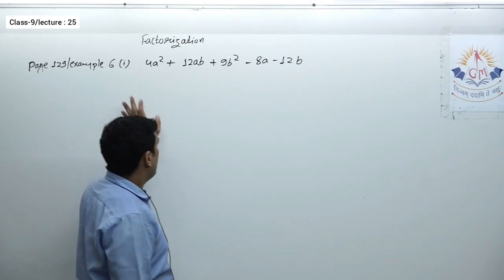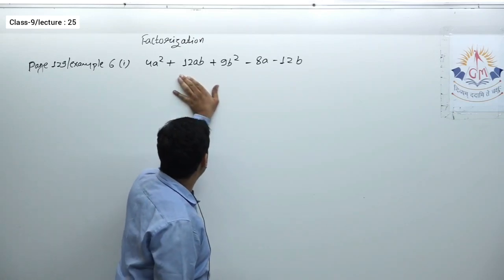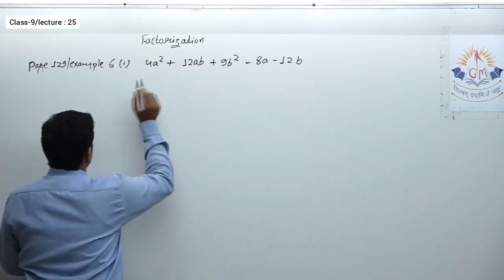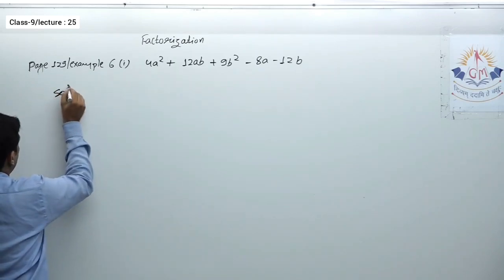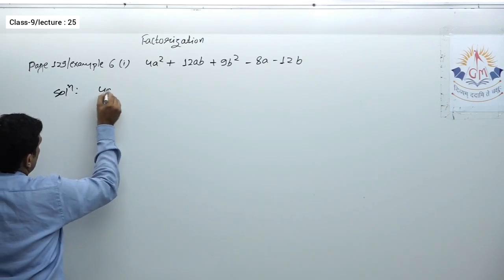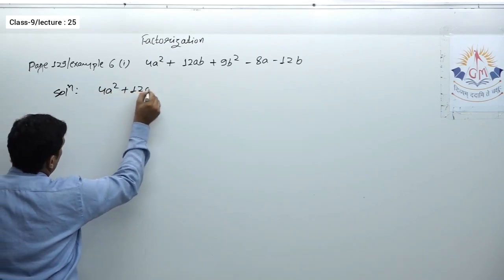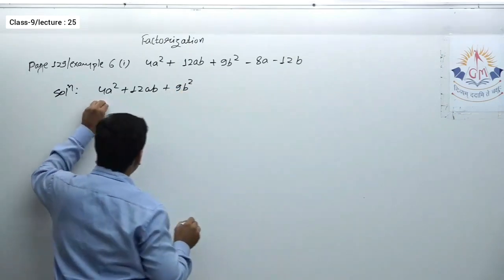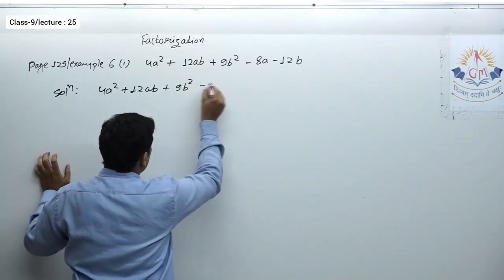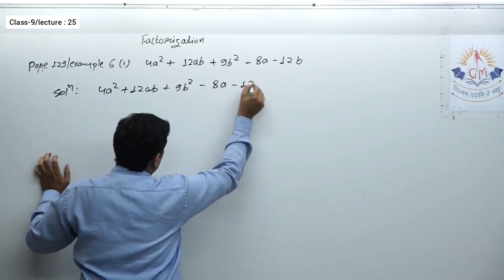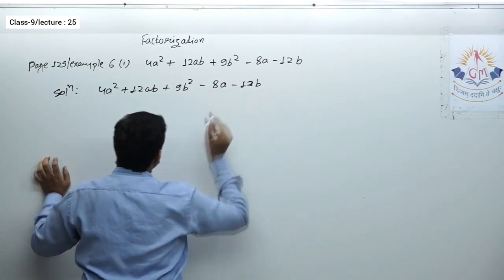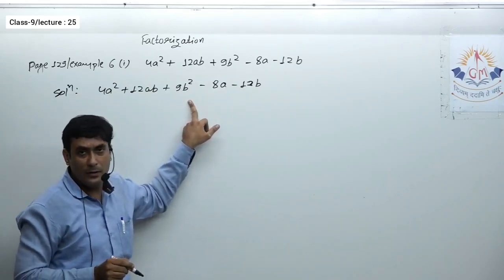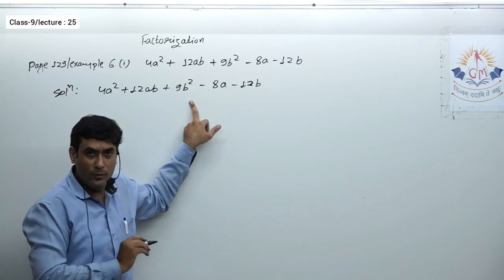Very first thing, as I told you again and again, there isn't anything common in all these terms. So that particular way of finding factor is cancelled over here. Now see here, I can see two complete squares. This is 2a whole square, this is 3b whole square. Okay, now this gives me a hint that it is quite possible that we can write these three terms in the form of a plus b whole square.